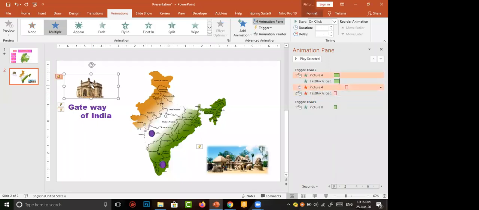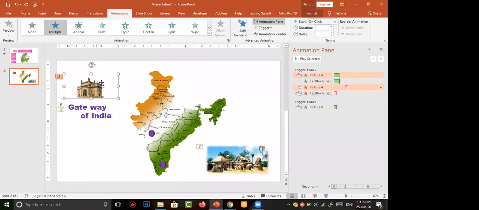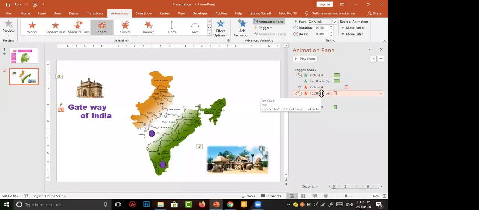The disappearance of this picture and the disappearance of Gateway of India should happen at the same time. The Gateway of India disappearance animation is here. The next one should also go along with the previous one. So I go to the down arrow, then click Start With Previous.